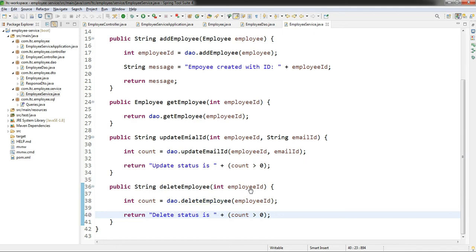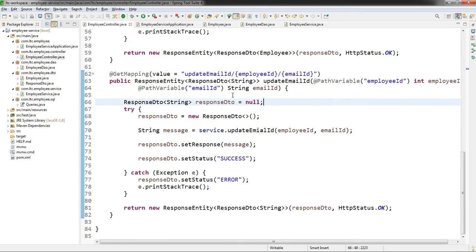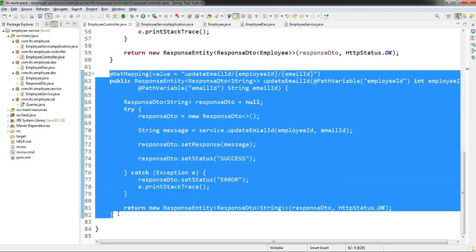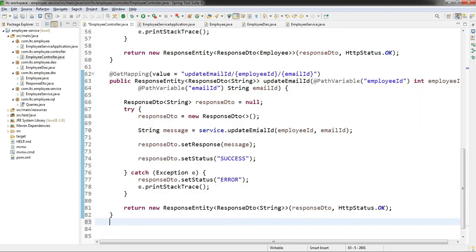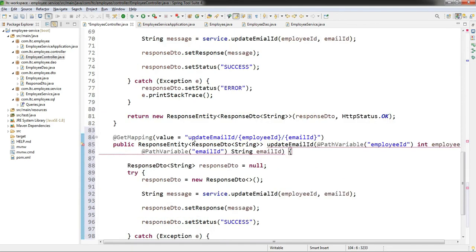Status, delete status. This is delete status. Then I will go to controller. I will write that will be similar to this, so I will copy paste. So first thing is this is delete